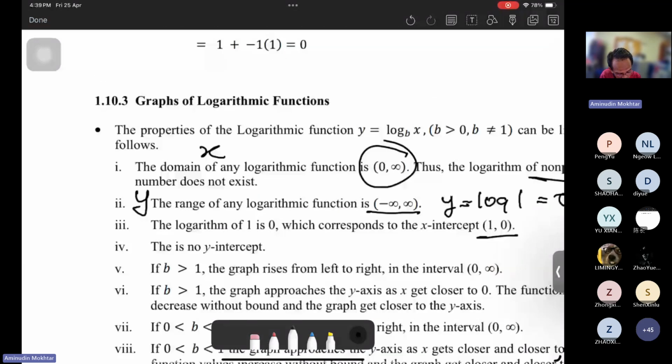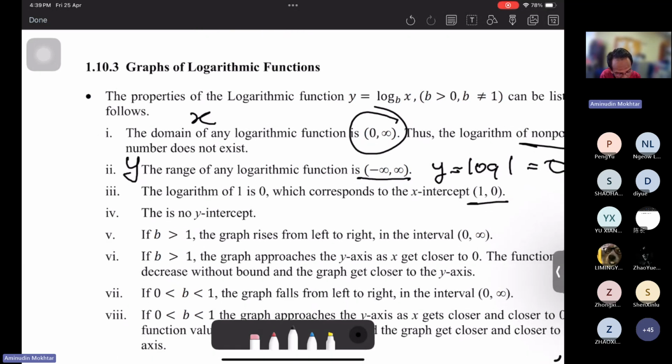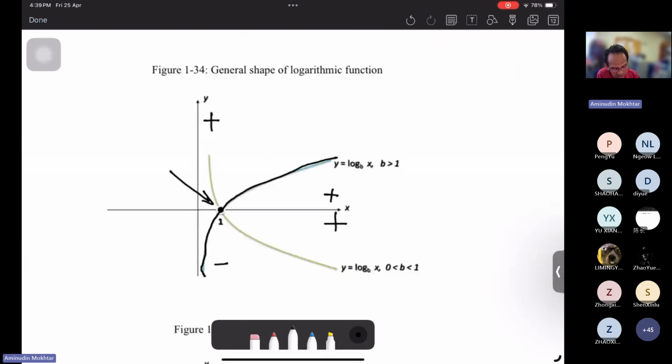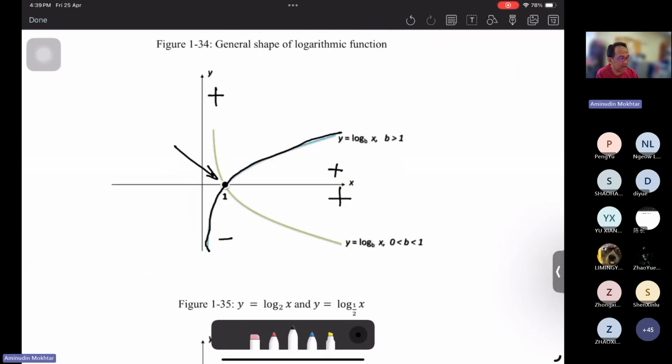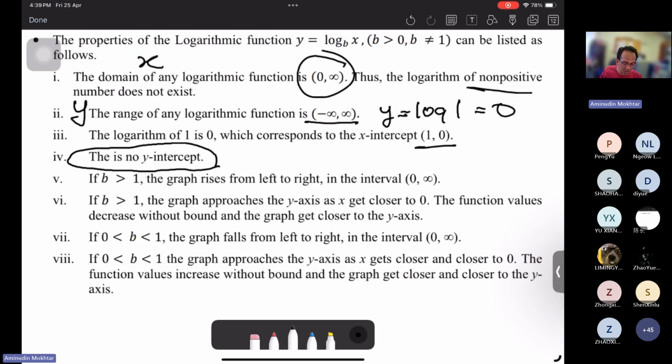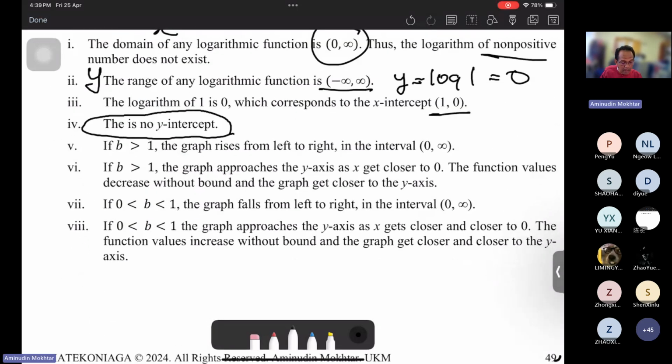And then number 4 is there is no y-intercept. The graph does not intersect the y-axis. The graph does not cross the y-axis. The graph does not touch, does not tangent the y-axis. That's why, in other words, there is no y-intercept. Okay. The next one is when b is